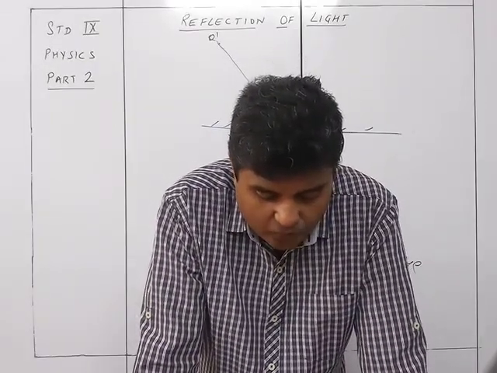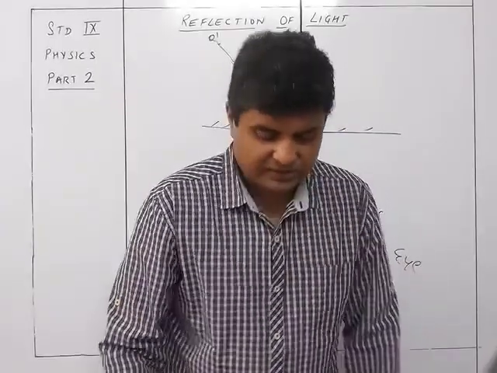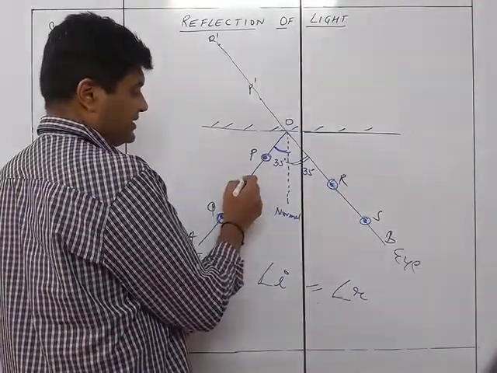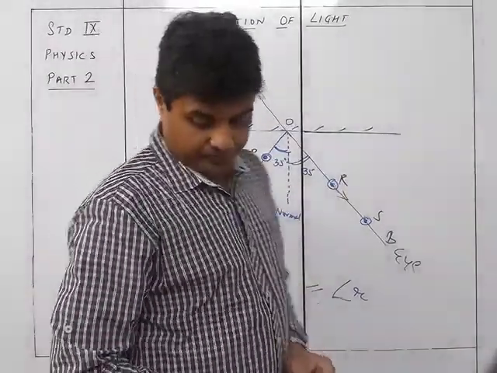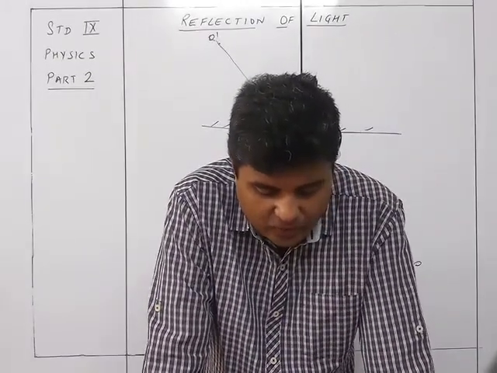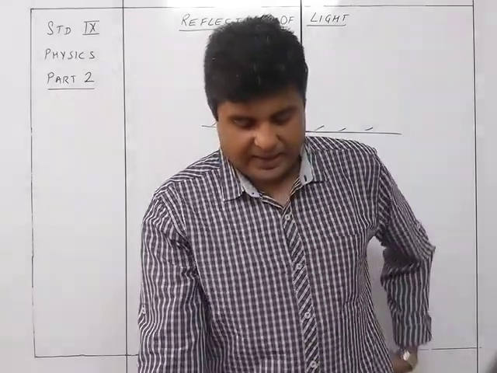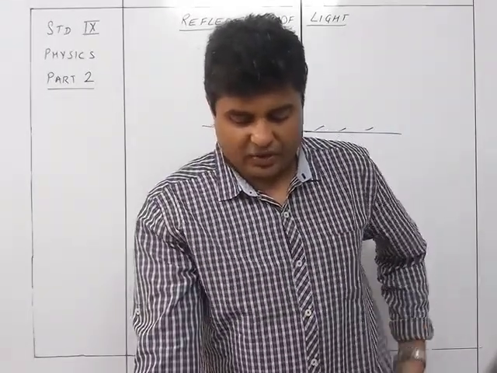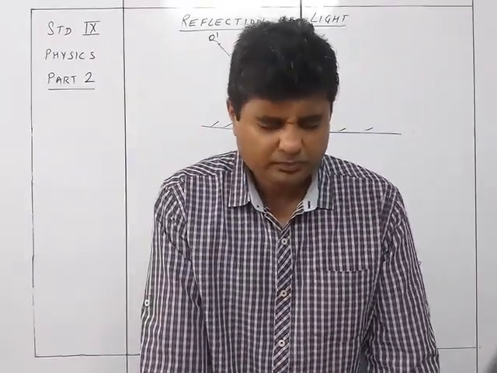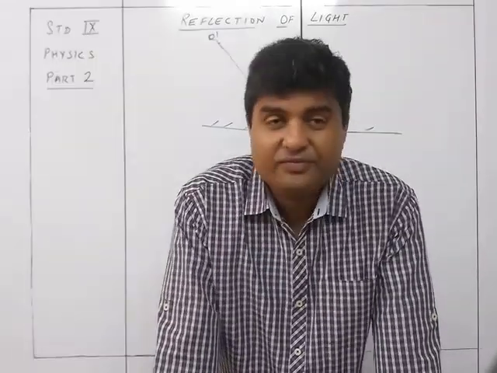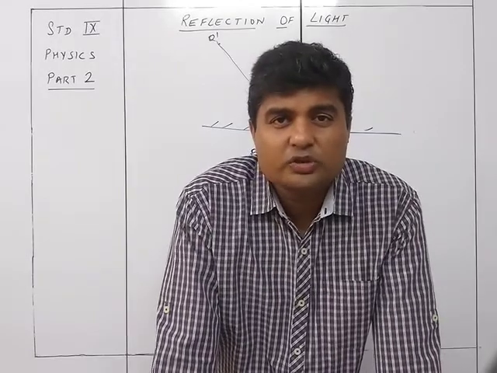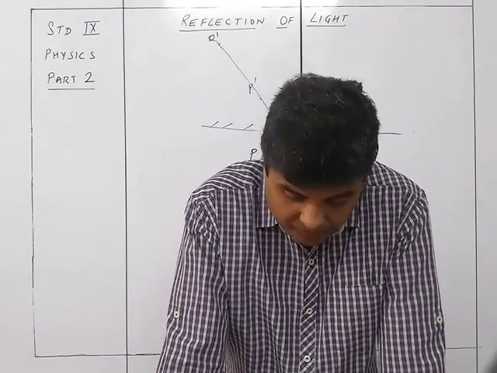In figure 7.5, OA is the incident ray, OB is the reflected ray. So this is OB, the reflected ray. This is the incident ray. This is the reflected ray. And angle AON is the incident angle, and angle BON is the angle of reflection. The angles AON and BON are measured and recorded in the observation table. The experiment is repeated with MOA as 40 degrees, 50 degrees, 30 degrees. So it will be observed that the angle of reflection will also be the same: 50, 40, 30.